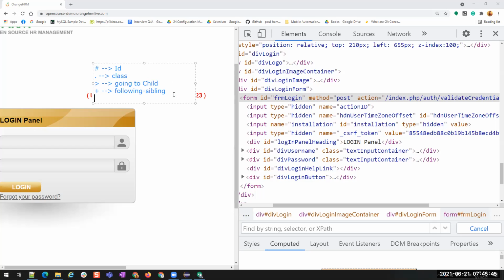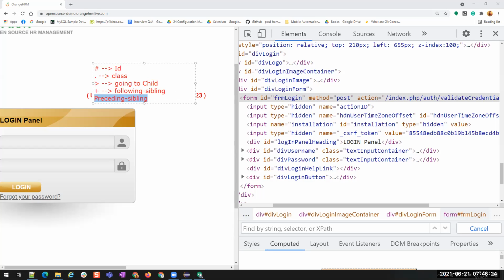Minus. I expected that. But if you remember, in the theoretical part when we discussed the differences between XPath and CSS, did I say that there is a way that we can go to the preceding sibling? No, right? So that is the difference. In XPath we have an option to go to the preceding sibling, but in CSS there is no chance that we go to the preceding sibling. This is not possible. Not at all possible.